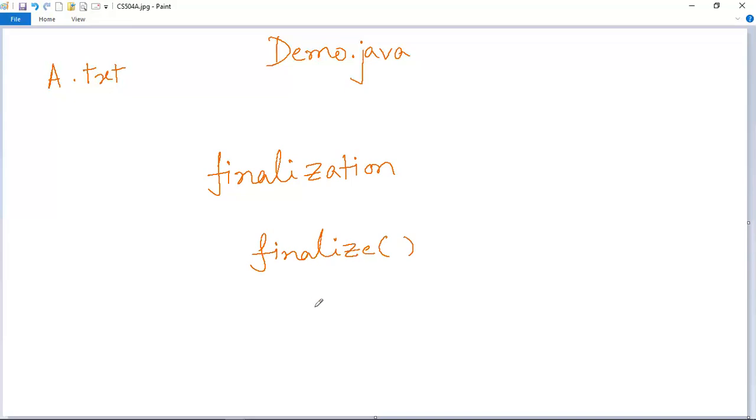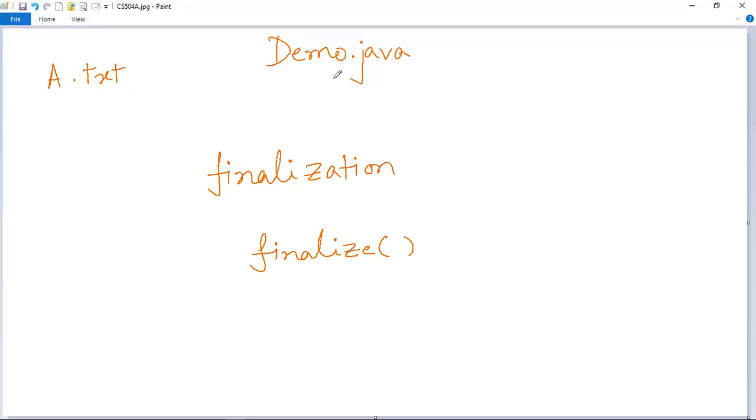Inside this finalize method, you will have to write all those actions that should be performed before an object gets deleted. Like in this example, you need to remove all these non-Java files that have been attached to this Java file before garbage is collected for this Java program. Obviously, if you don't detach this text file from this Java program before the garbage for this program is collected by the JVM, this text file will also get deleted.